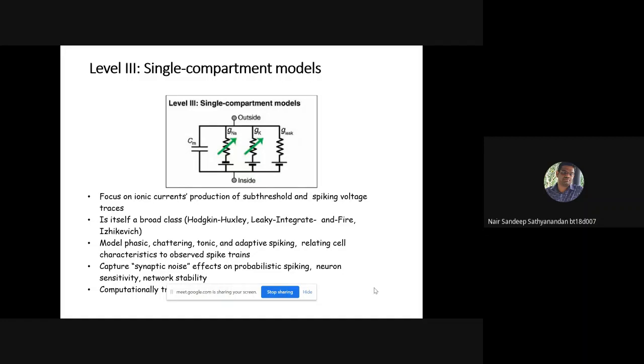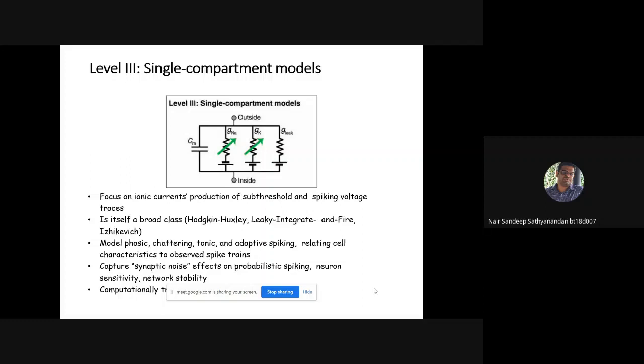We have seen a broad class of models describing this phenomenon, like Hodgkin-Huxley, integrate-and-fire neurons, and Izhikevich neurons. They model the characteristics of the spikes, that is phasic spikes, tonic spikes, and different other varieties like adaptive spiking and other cell characteristics observed during spiking behavior. This is computationally less complex, and let us look into a few more